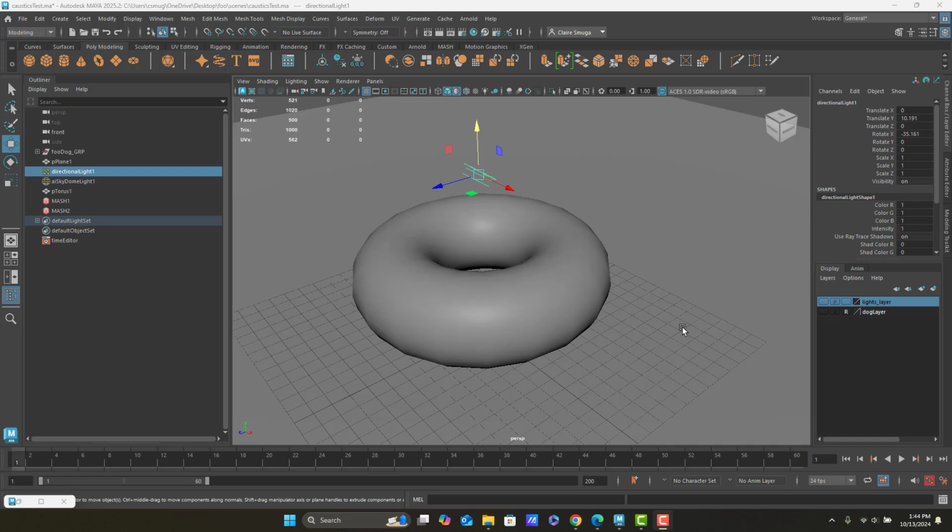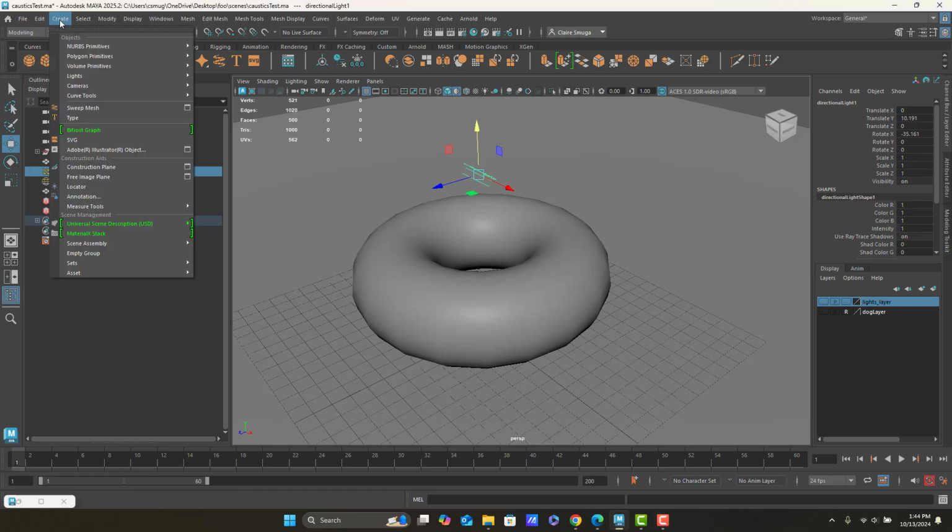For testing purposes on this glass shader, I am using a directional light. You can make a directional light by going to Create, Lights, Directional Light. This is the type of light that you see used very commonly in a lot of other programs like Unreal and Unity. But in Maya, the directional light is slightly flawed, as it goes in a direction, but it never diminishes. It uses no perspective, which means that your shadows will always be the same size regardless of the light's